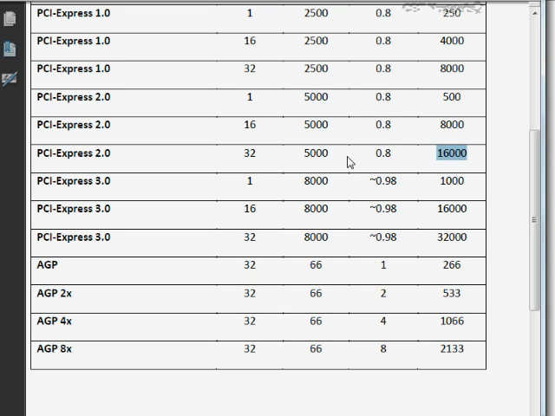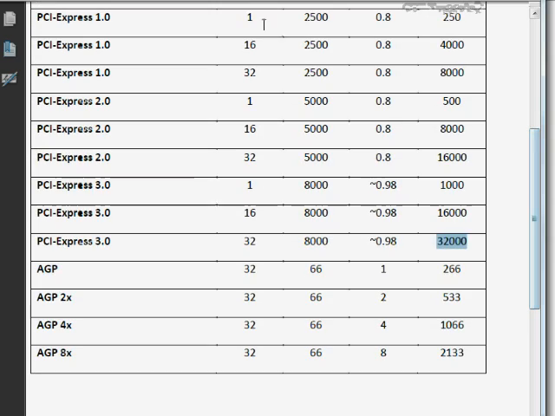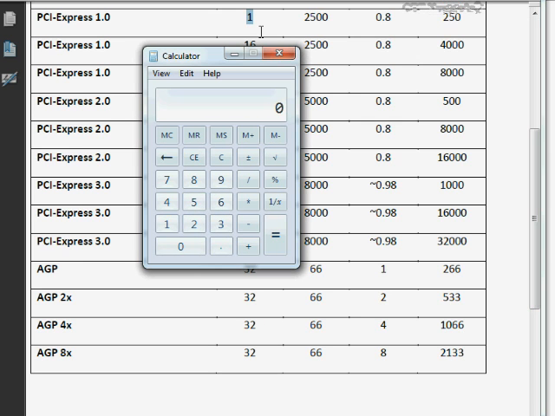However, in terms of the technology, newer motherboards coming out as recently as late 2009 are having PCI Express 3.0. In fact, the motherboard that I'm recording on right now has this level of PCI Express. And look at that. That's a screaming, what is that? 32,000 megabytes per second. So that'd be 32 gigabytes per second. That's really, really fast. And let's also calculate the throughput of this. Let's make it simple and go back up to the very earliest level of PCI Express. And if I bring in my calculator here, you might say, well, wait a minute.